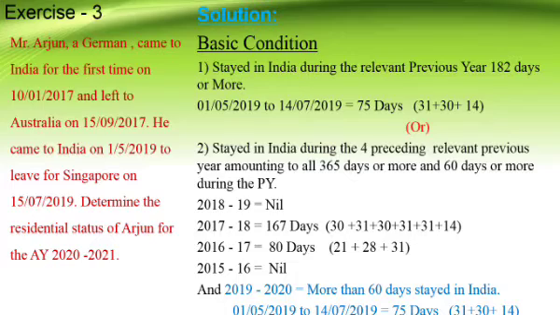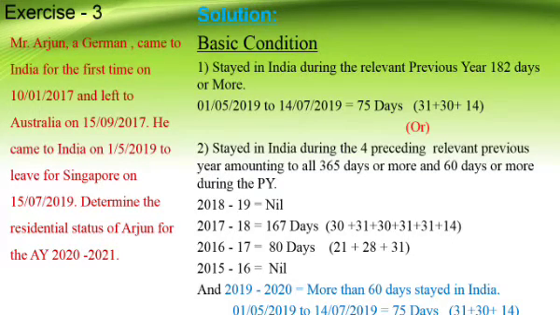So finally we conclude that he has satisfied the first basic condition alone and no additional condition. Based on that, let us conclude that Mr. Madan has satisfied the first basic condition but failed to satisfy the second basic condition. Hence he has failed to satisfy the additional condition. Hence he is considered a resident but not ordinarily resident of India.